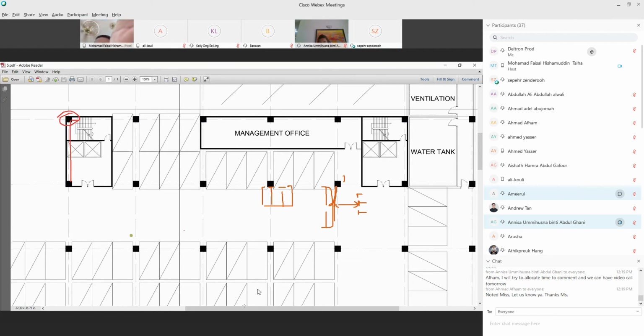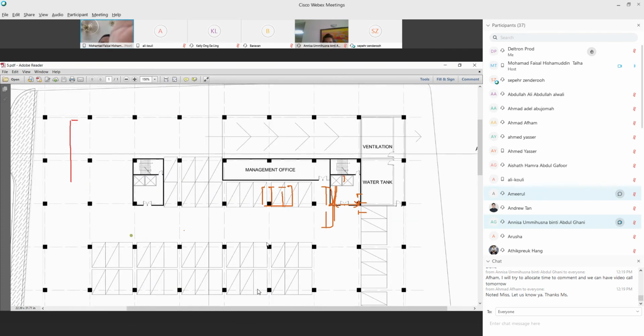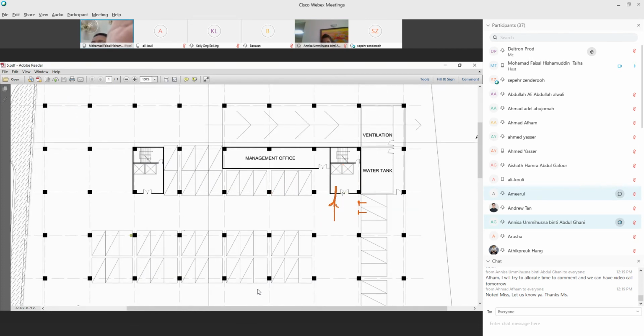And then ventilation. Can we zoom in a bit? Zoom out. Okay, you need to adjust your basement and also your core. In fact, your core looks nothing like the core I drew anyway. Something is missing. Ventilation. How to have ventilation here?